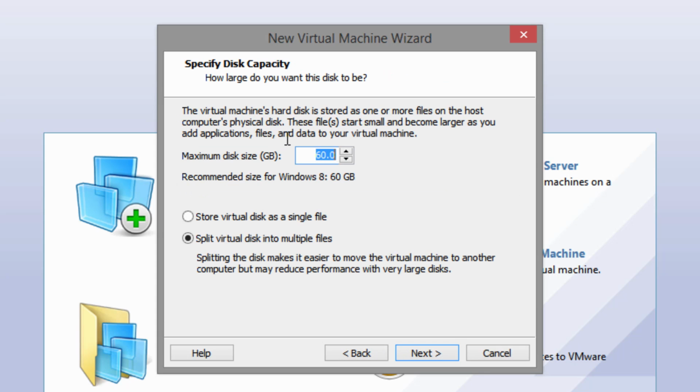And for the virtual hard disk size, if you want to make a disk that has 60 gigabytes of storage, you can, but honestly I think that's a little bit too much for a beta build of Windows. So I'm actually going to set this down to let's say 15 gigabytes. I think that's going to be plenty for this build. And I'm also going to store the virtual disk as a single file,